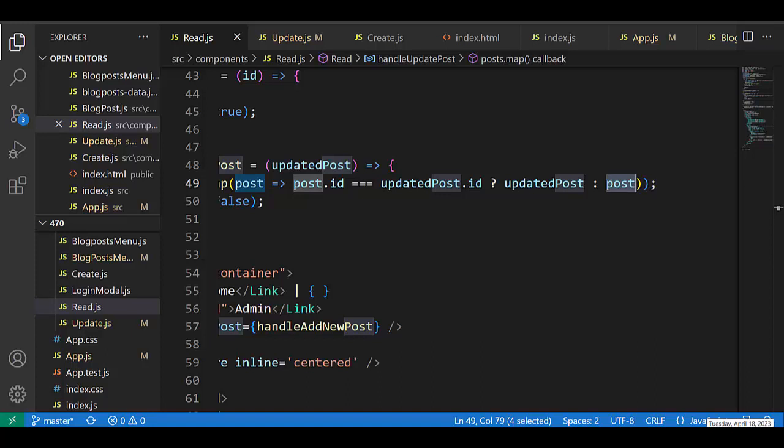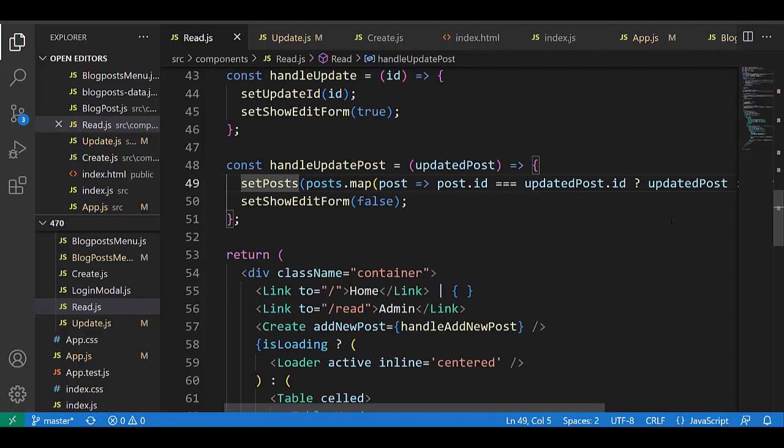That post goes through unchanged. That is an immutable update. And after this statement, or after this expression, we have